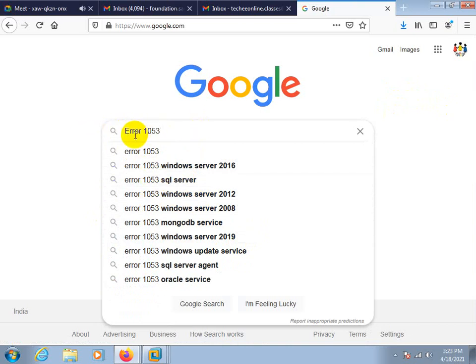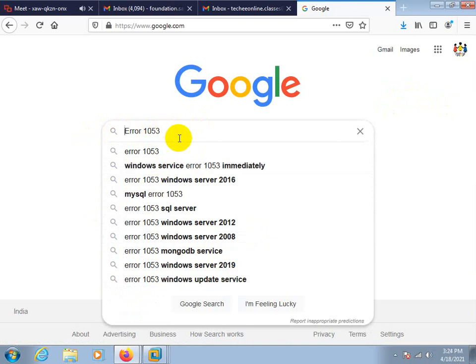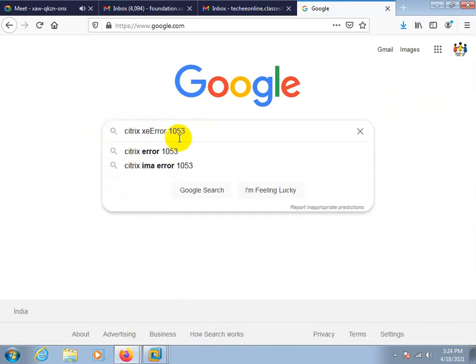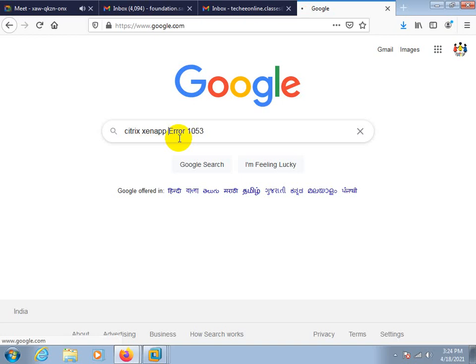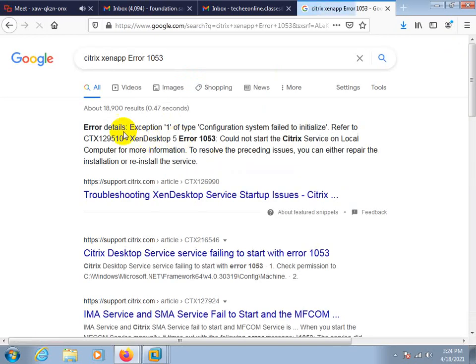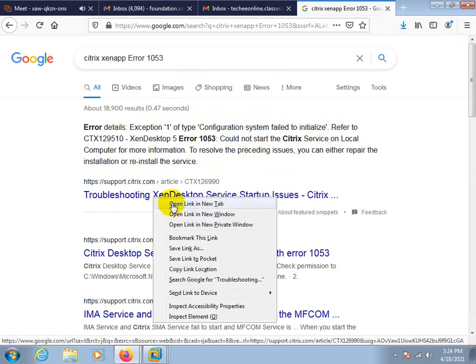And before that you can mention Citrix error. The type configuration system failed, refer to this one. Then that error for the master: could not start the Citrix service on local computer. For more information, visit this one.